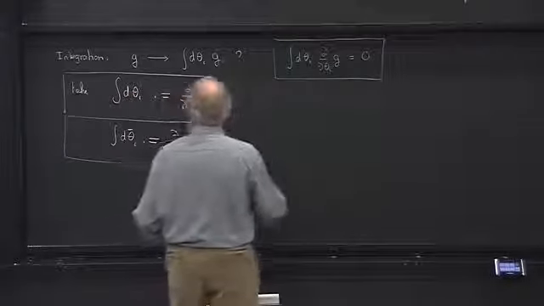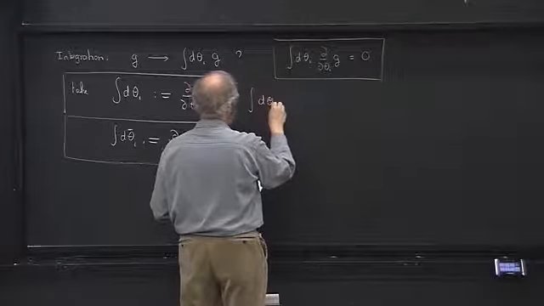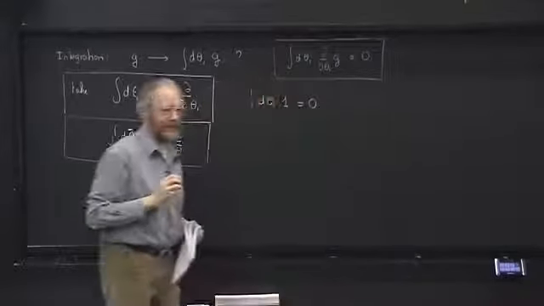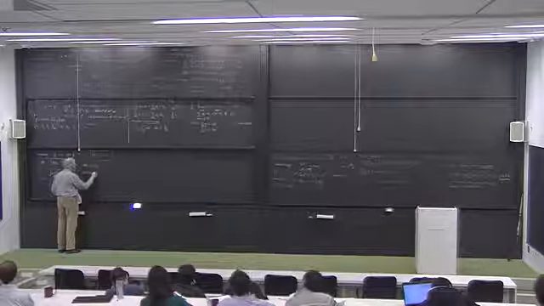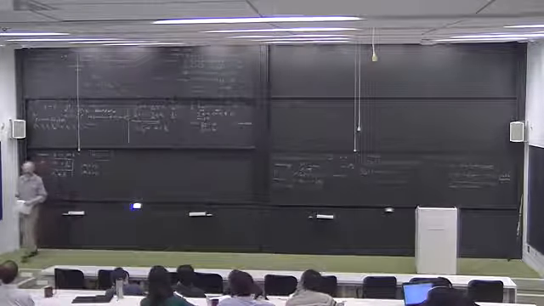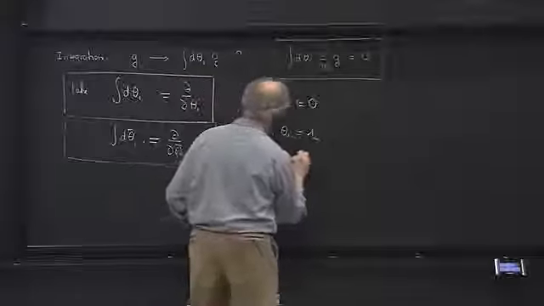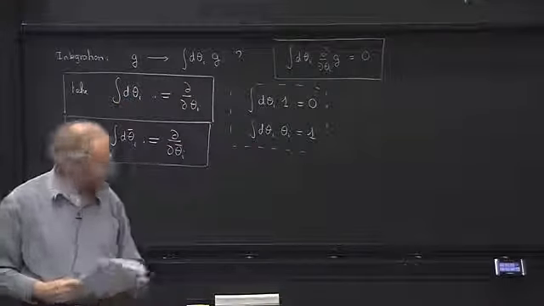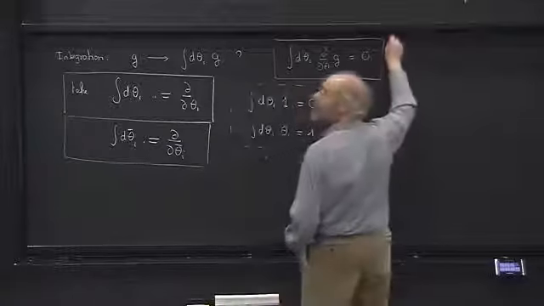Okay, so it has a nice structure. But you see that there are some strange things. For instance, if you compute the integral of the constant function, this gives 0, since it's the derivative of 0. And if you integrate theta i, you get 1. So basically, that's what you need to know. I think you have seen that before.